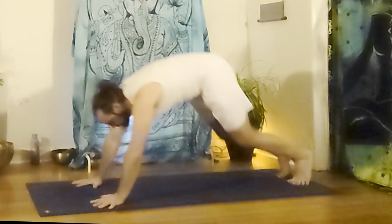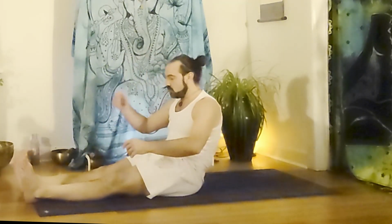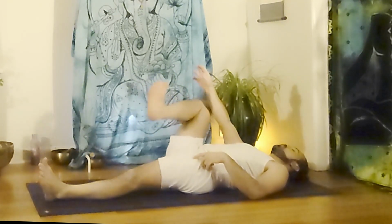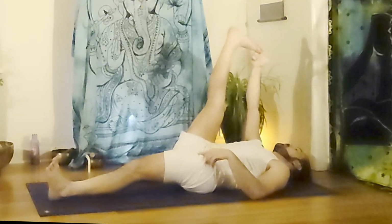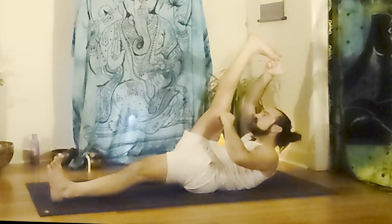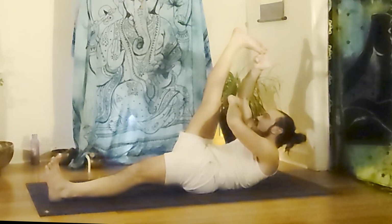Walk or jump to a sit. Extending the legs forwards. Coming down onto your back for Supta Padangusthasana A. Right leg catching hold of your big toe. Reach your heel to the sky, and as you exhale, lift your head, looking at your big toe, elbow out